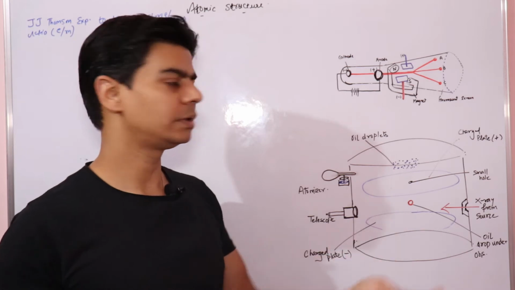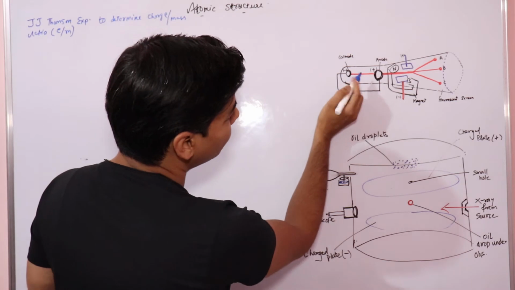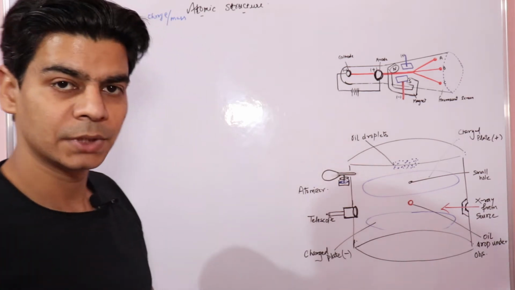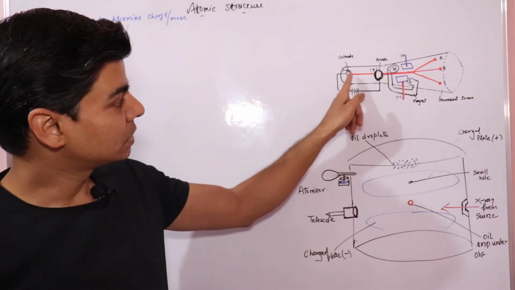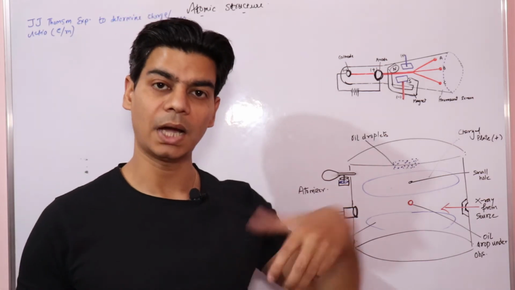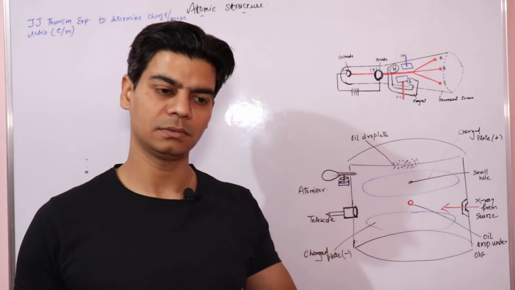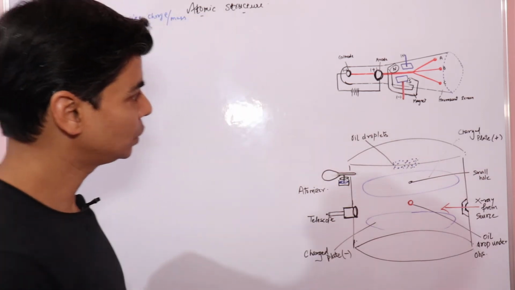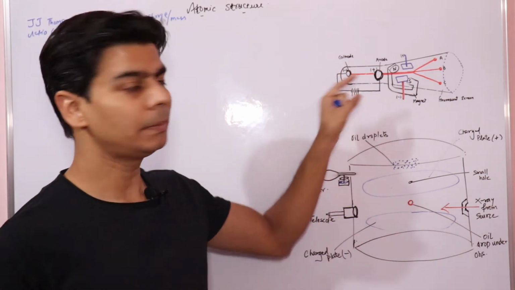Now we know that cathode rays are a stream of electrons, or a beam of electrons, and between the cathode and anode we have some gas. When these cathode rays from the material of the cathode collide with the gas molecules, they will ionize those gas molecules and produce electrons, which again are nothing but cathode rays. So cathode rays are produced by the ionization of gas and from the material of the cathode.